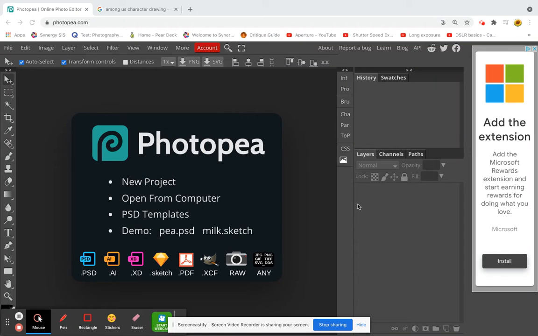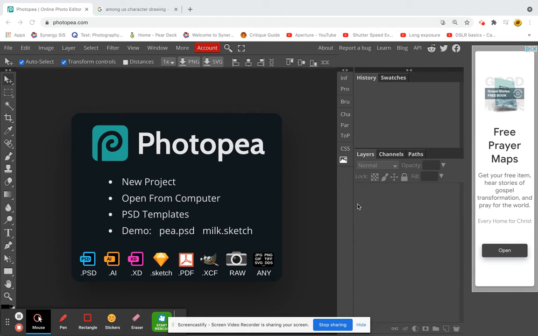Hello, today we are going to create an Among Us character, and then we are also going to add a logo text to it to customize it. So the very first thing we need to do is go into